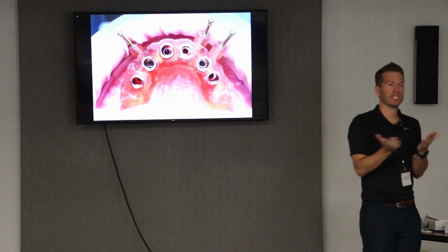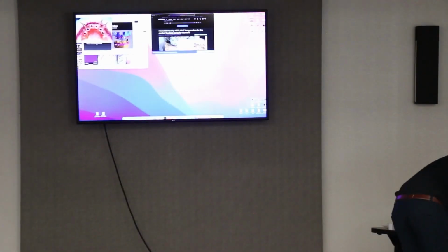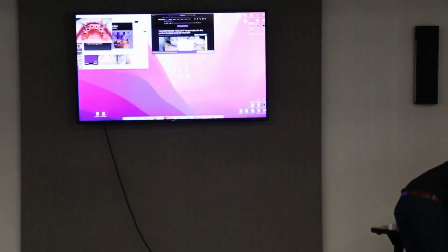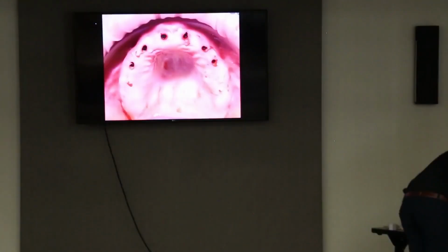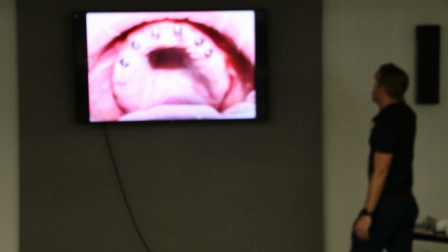And the other reason I would do that is because of exactly this. Okay, here's a soft tissue guide. Looks great, right? Looks cool. So you take the guide off and you're like, all right, it's punched through. Hopefully I'm in the bone, like you were saying. I found this case online and I wanted to show it. But then the other aspect is, because you punch through, look where your multi-units are now with your